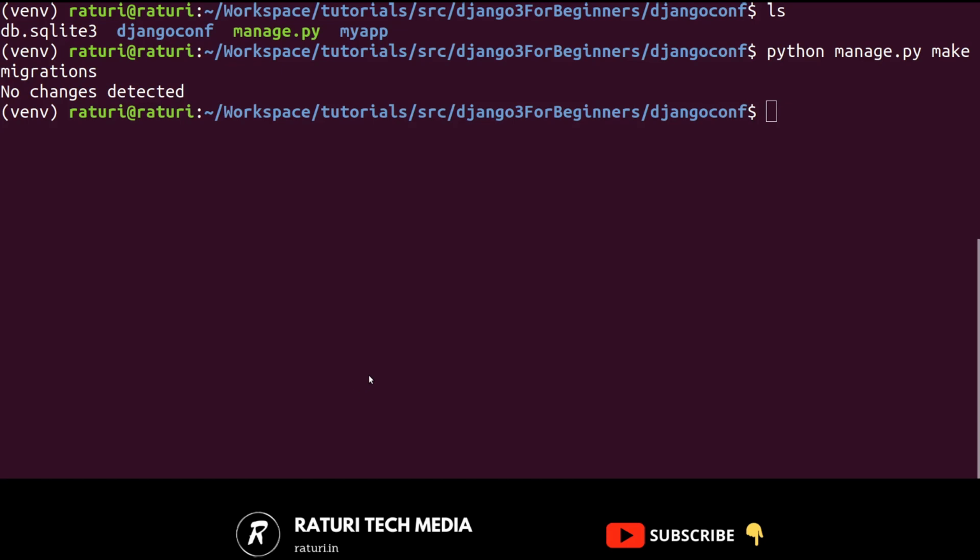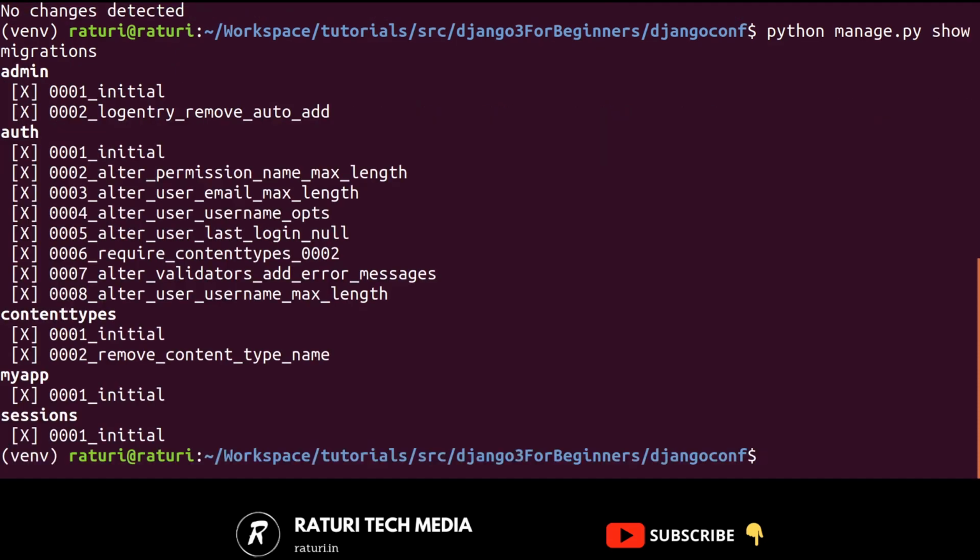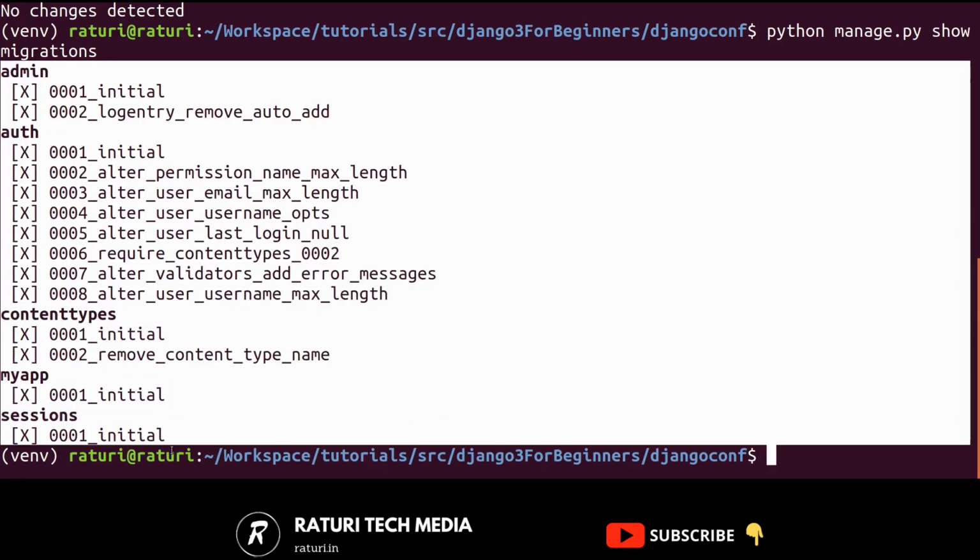Now another step is clearing the migration history for each app. So first run python manage.py showmigrations. Here you can keep track of what's going on.